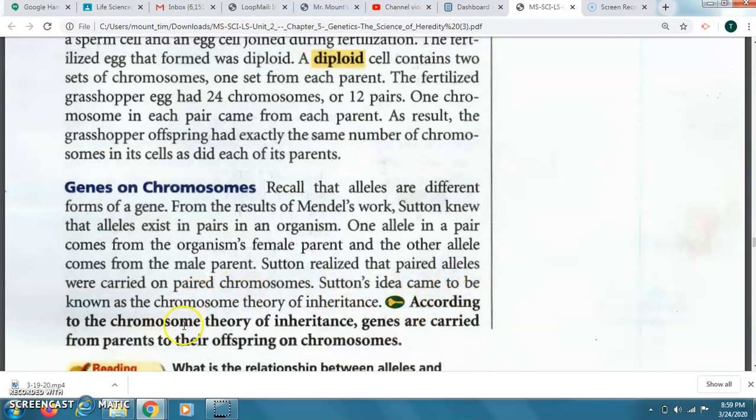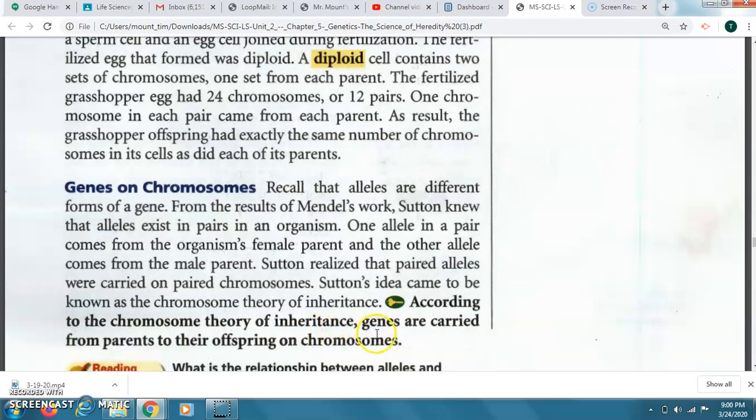According to the chromosome theory of inheritance, genes are carried from parents to their offspring on chromosomes. So they're not just randomly going from parent to offspring. These genes that determine our characteristics or traits like eye color, hair color, things like that, they're going to be